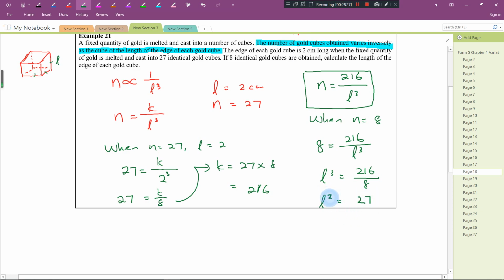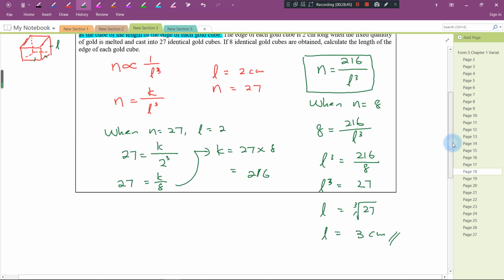Sorry, this is L cube, not L square. Okay, L cube is equal to 27, so L is equal to the cube root of 27. Now we know that the value of L is equal to 3 centimeters when the value of N is equal to 8. Okay, so that's all for this